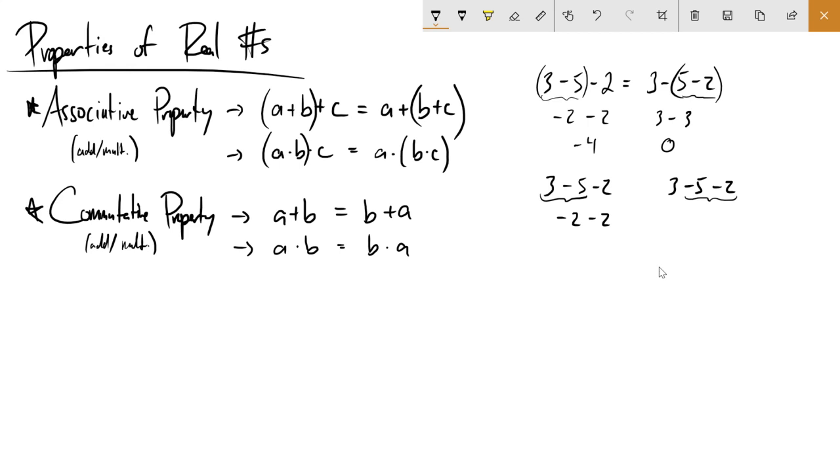Well, no, what if that's a negative 5, though? Yeah, see, if you think of this as minus 5 minus 2, then what would that be? It would be minus 7, right? And so negative 2 minus 2 is negative 4, and 3 minus 7 is also negative 4. Okay? So there is a way to think about associativity and commutativity working with subtraction, and specifically, what you have